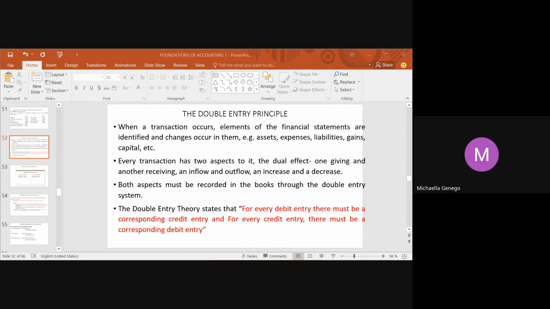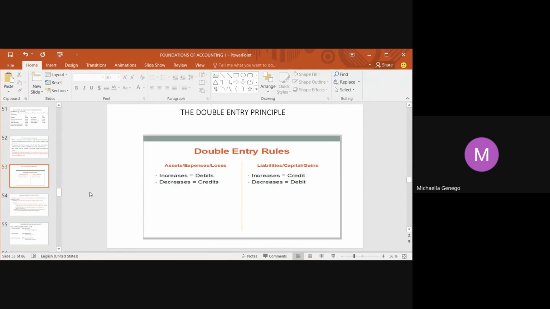So we say that for assets, once we are bringing assets into the business, we are increasing our assets, but then we are going to pay cash out. So we are going to lose cash, but our assets is going to increase. So for assets, we say that they have a debit entry. When we say a debit entry,